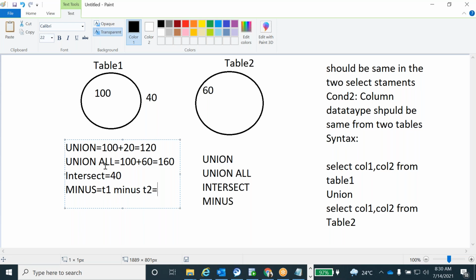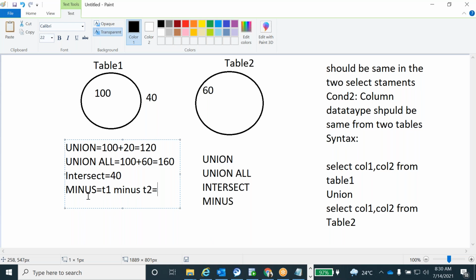Each column, at field level, it will compare the data: column 1 data is matching or not, column 2 data is matching or not. So each field, each attribute, we compare using the minus query. That is the reason in real time we use the minus query to check whether the data is exactly matching from source to stage and stage to target.